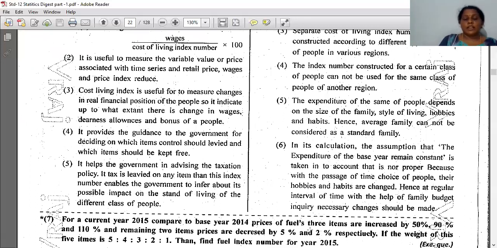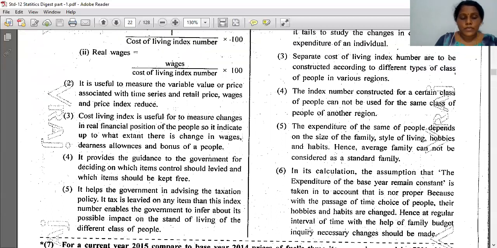So the government can't charge tax on each and every product. It has to think over it, meaning tax is levied on a product by considering the capacity of a below average person or a person's earning. It is decided how much tax should be levied. Okay, so this is the sixth question.